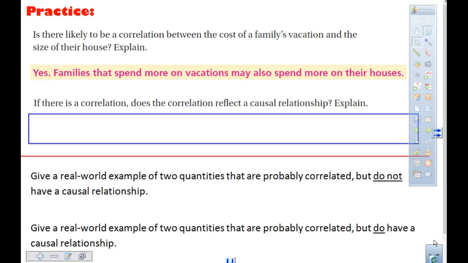Very much so. Yes, you could definitely say, you know what, they live in a small house because they want to spend all their money on vacation. So it could be the other way that it's related also, right? So you could say, is there a correlation? You might say that it's a negative correlation, so this one like this would be positive. And then it says, if there is a correlation,